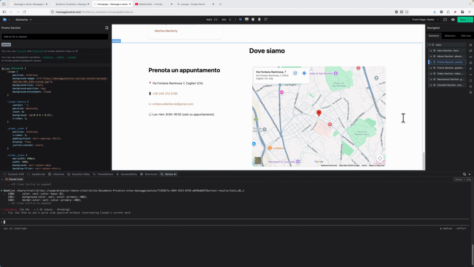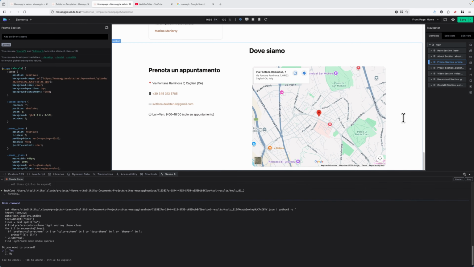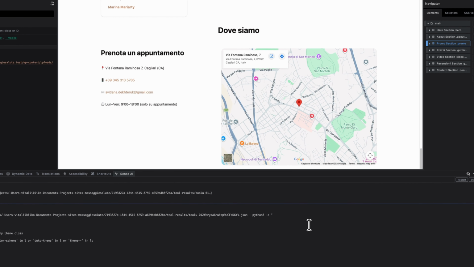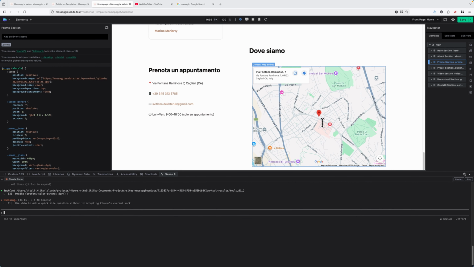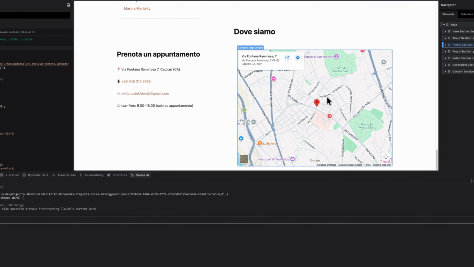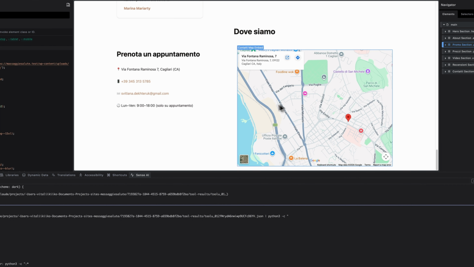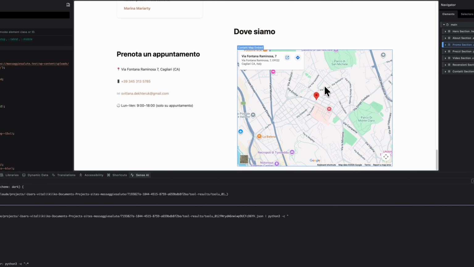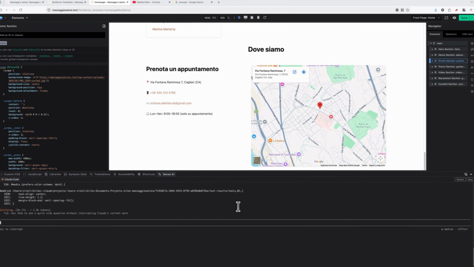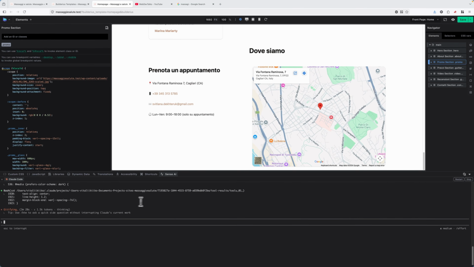There's one thing that I liked, and it worked really well in the previous session, which is generating this map. So basically, Claude parsed the original website and got the address, and then generated this map and inserted it here. And as you may see, it's an interactive, embedded map, and it looks very nice here. A lot of questions,